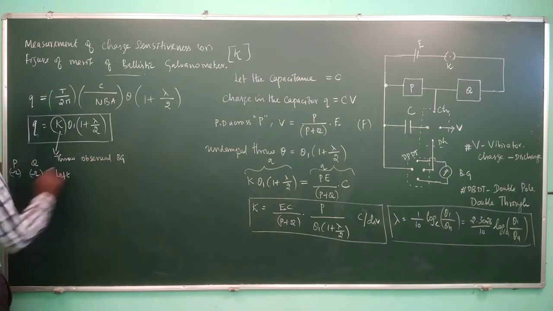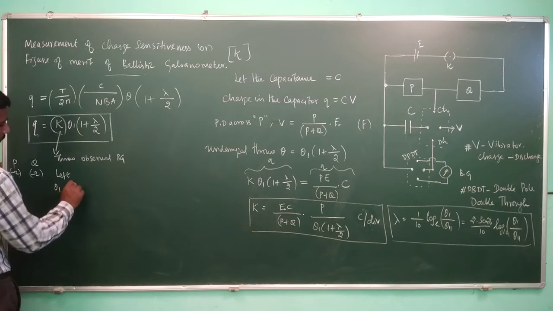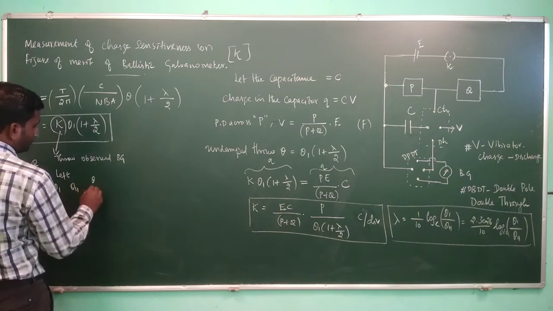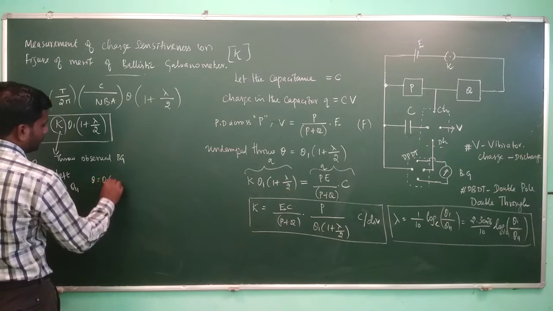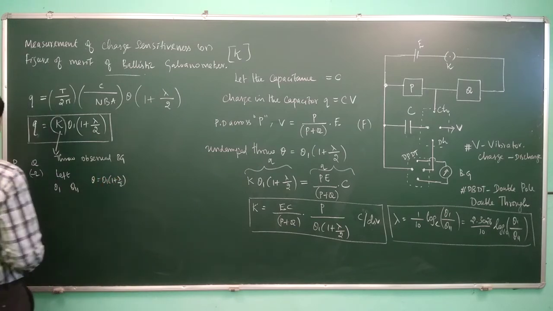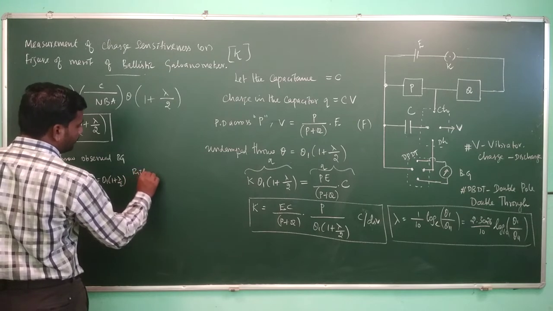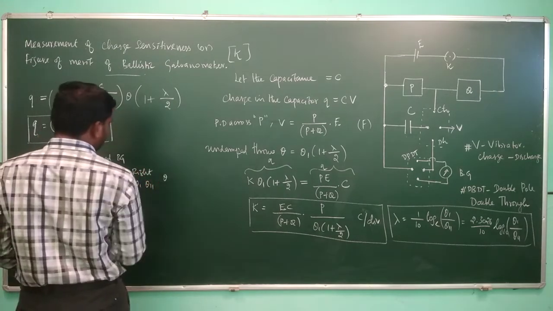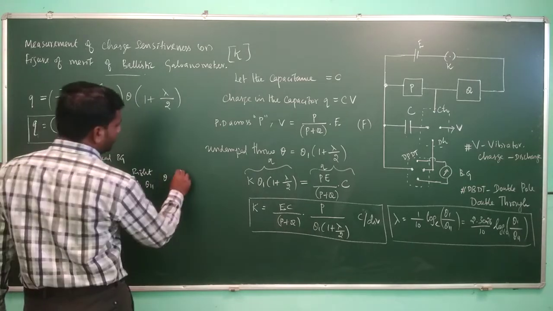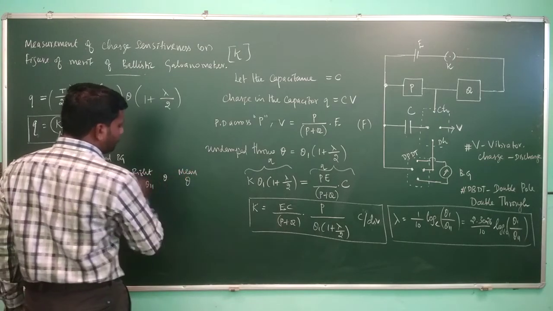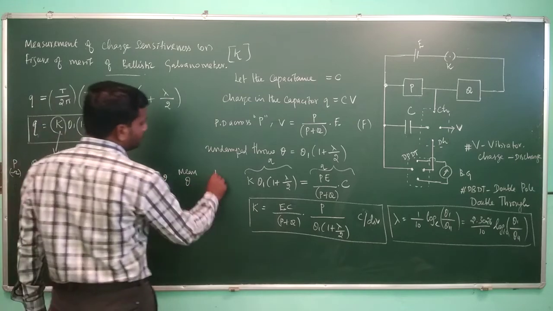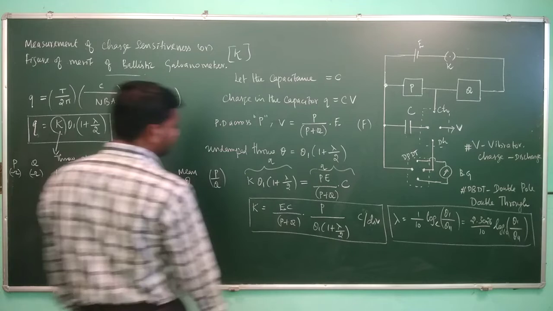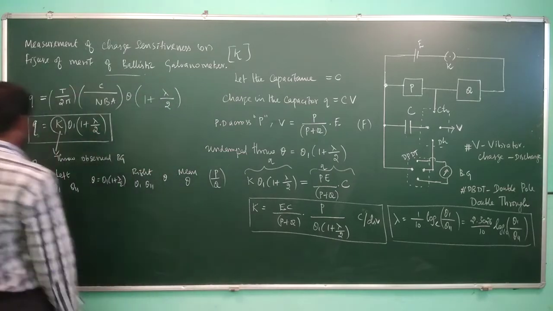We can observe the throw on the left side, theta 1, and we need theta 11, and the corrected throw, which you can write as theta, which is nothing but theta 1 into 1 plus lambda by 2. Similarly, you can take the throw on the right hand side, theta 1, theta 11, and corrected throw theta. The same formula we can apply. Now we can write the mean throw theta. Then we can write P by Q. So this is the tabulation.